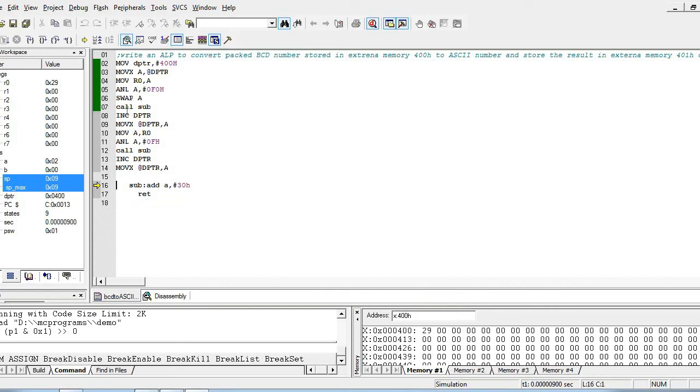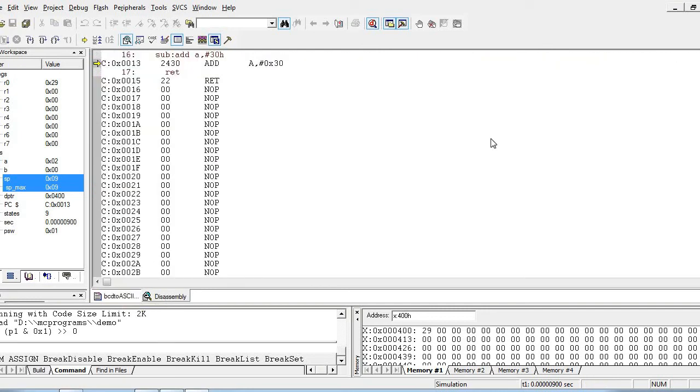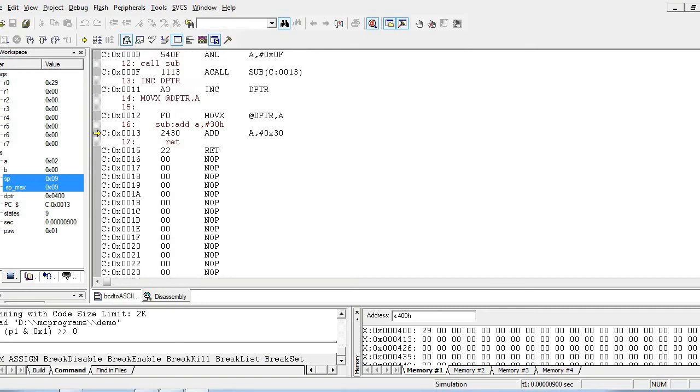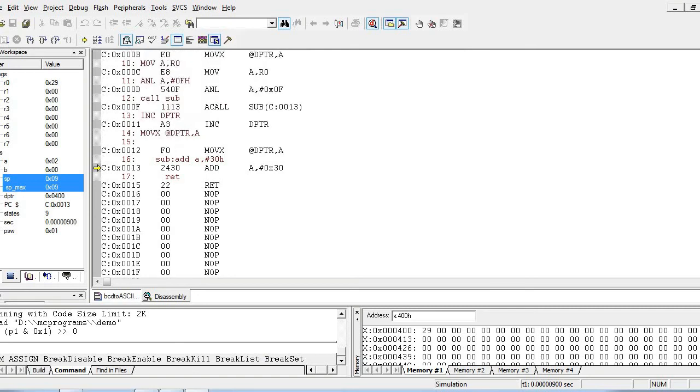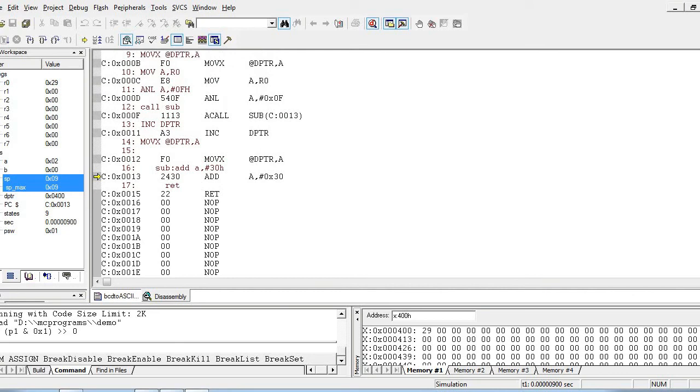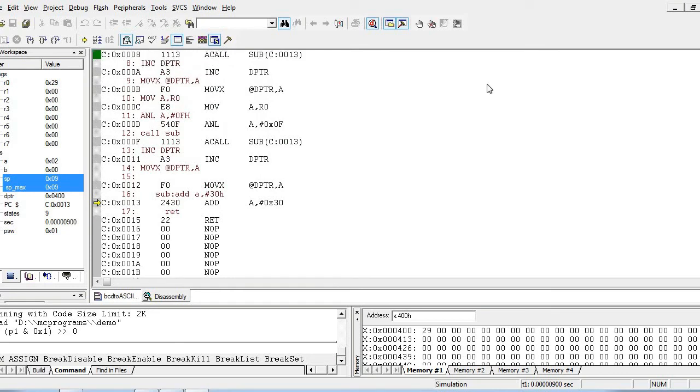Similarly, the address of the instruction present below the call subroutine is 000A, which means that value should be stored in the stack.